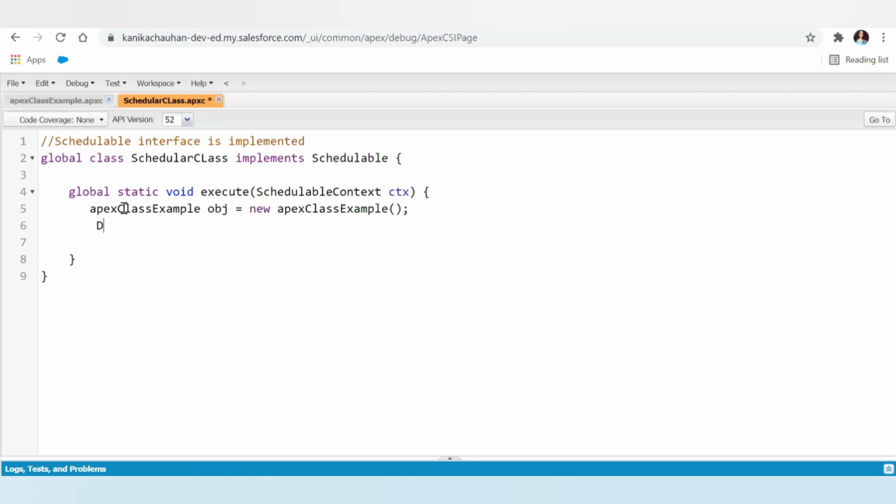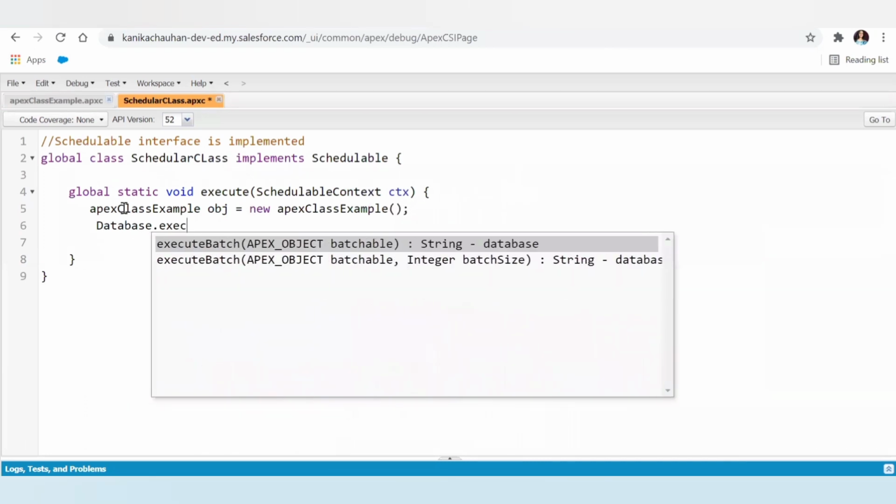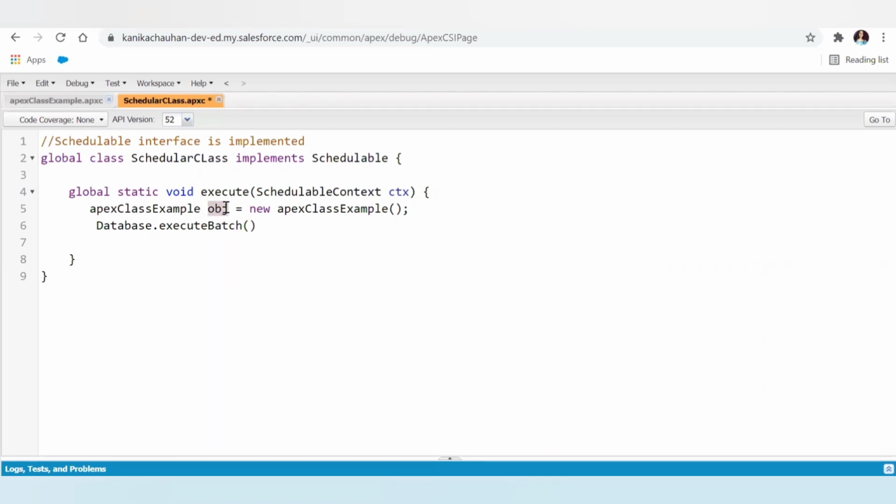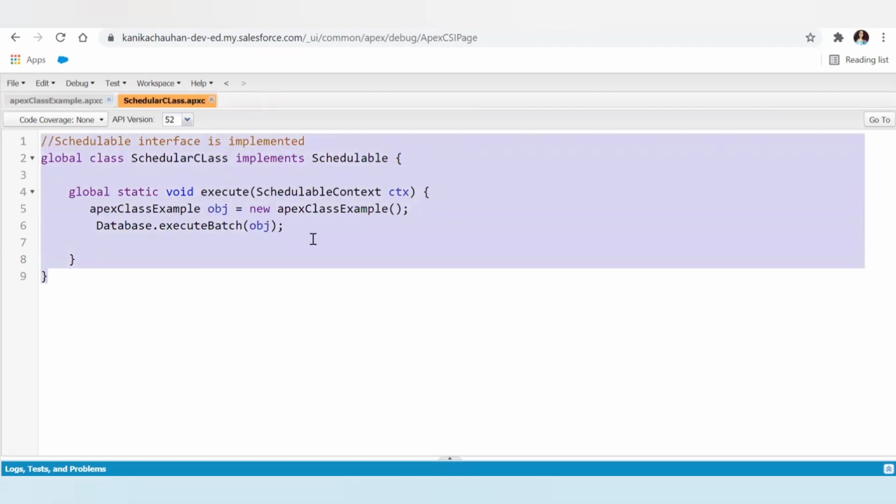We simply need to create an instance of our batch apex in the execute method, and then call Database.executeBatch, and in this we pass the instance of our batch class. And now this scheduler can be scheduled as per our need. So this is how we can schedule our batch class.